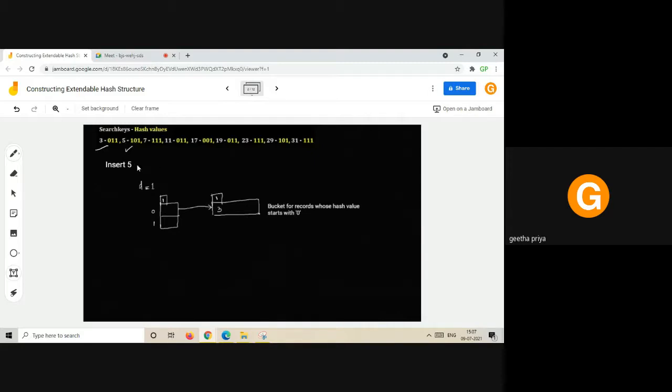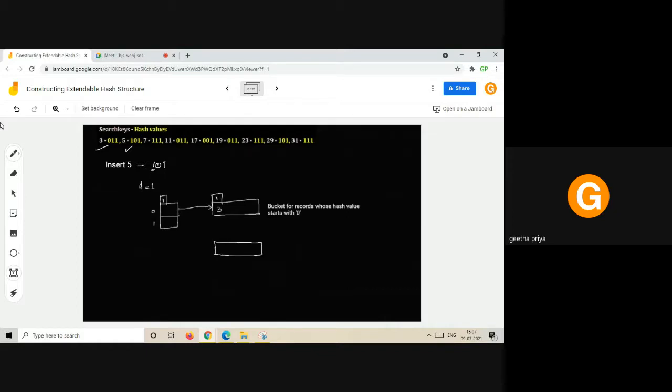You see 5 has the hash value 101. Here the hash value starts with the 1, and this directory can point to one more bucket. This bucket address from the directory has not been used, so let us create a bucket here.